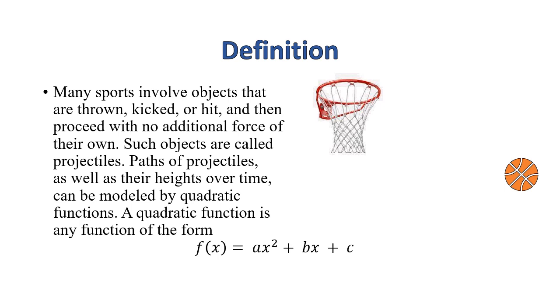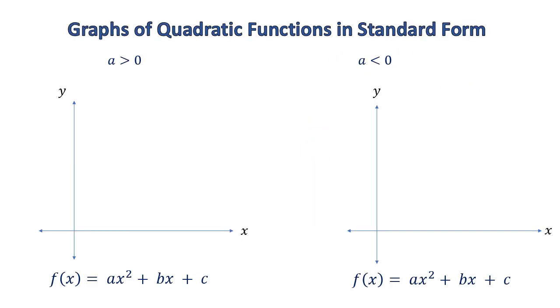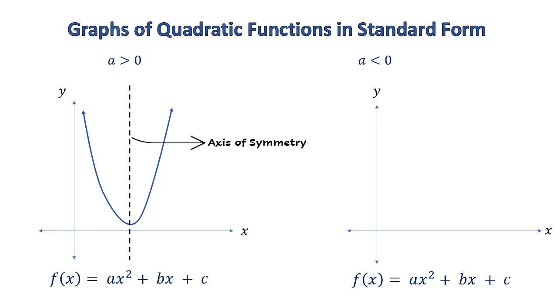So a quadratic function in standard form is as such: f of x equals ax squared plus bx plus c. Now, for the graph of a quadratic function in standard form: if a is positive, we have a parabola concave upward, and we have the axis of symmetry that has an equation x equals negative b over 2a. We have the minimum, which is the vertex,